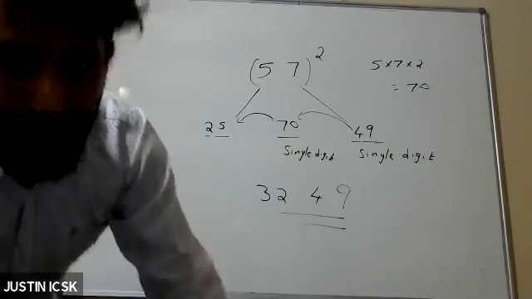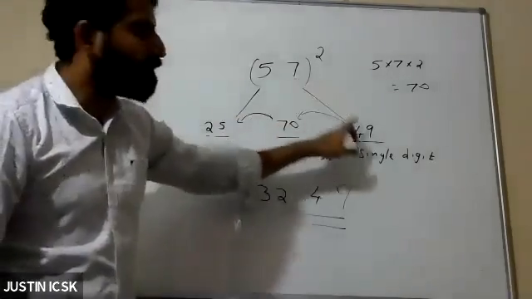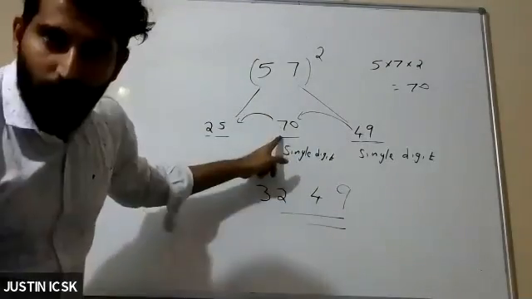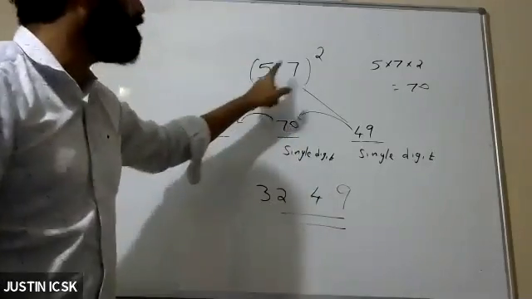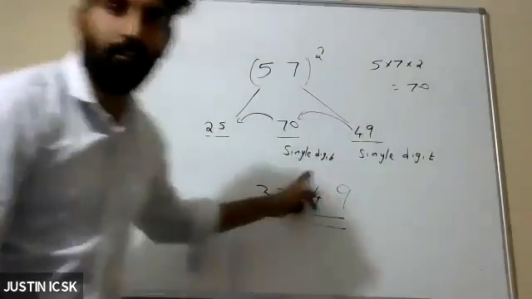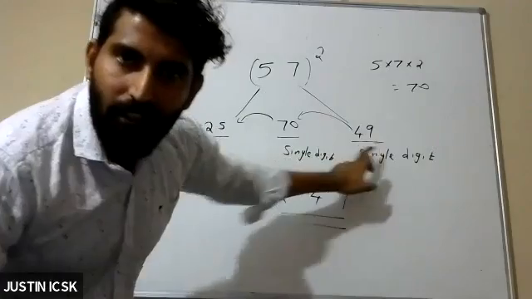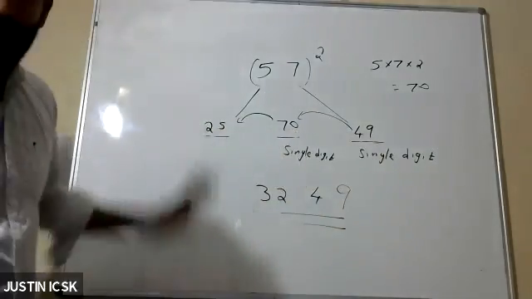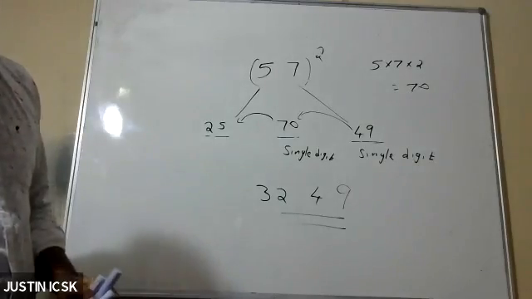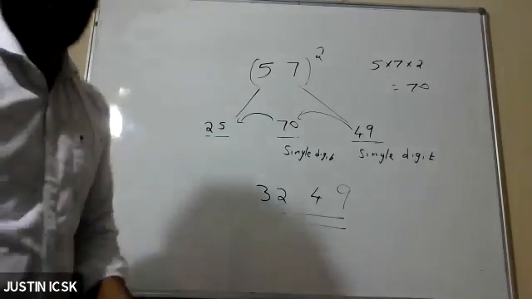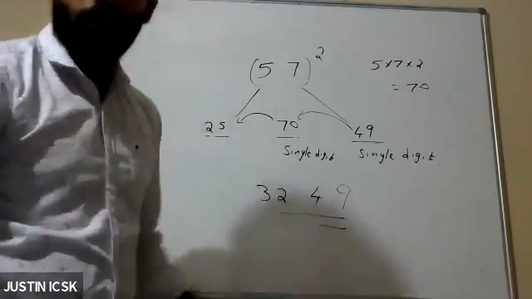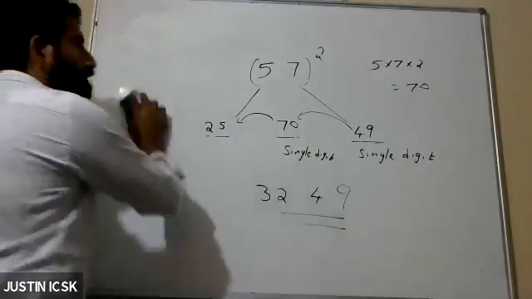So once again I will explain to you. First number, this number square. In the middle what you have to do is multiply all the numbers. 5 into 7 into 2, 70. Just keep one digit and carry the next one. That only you are doing. So 3, 2, 4, 9. We'll do two, three questions so we get the practice.